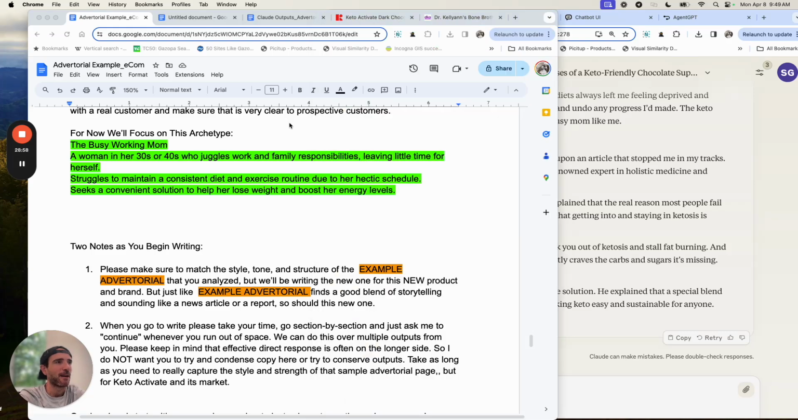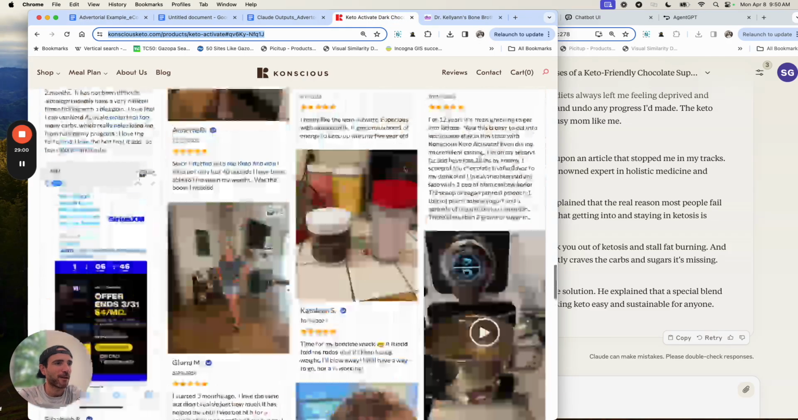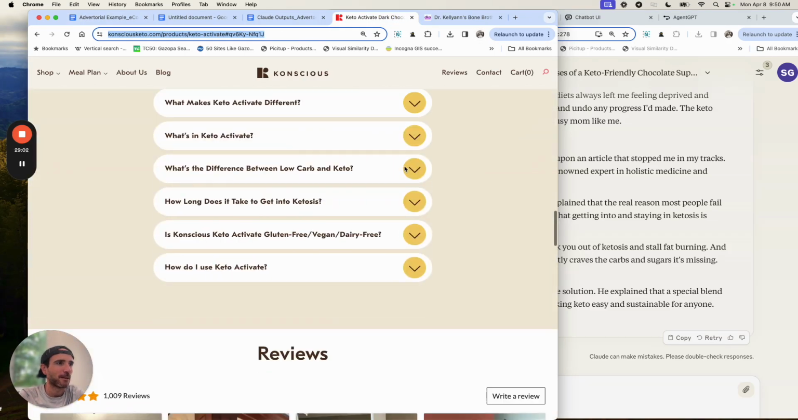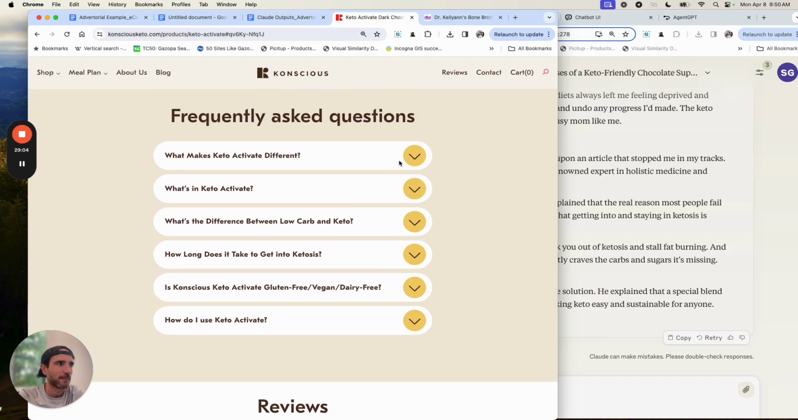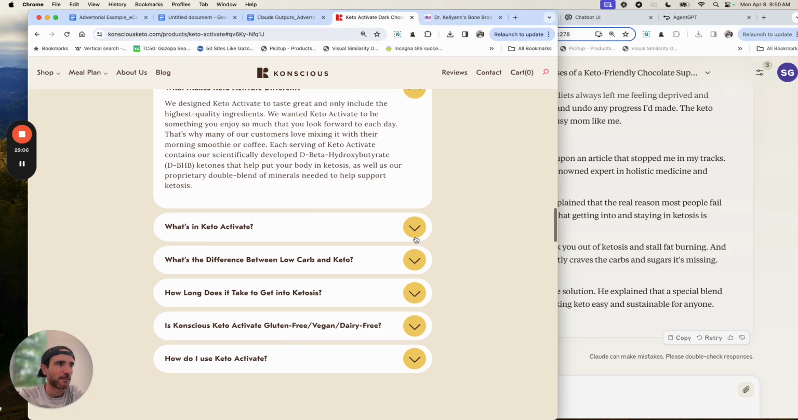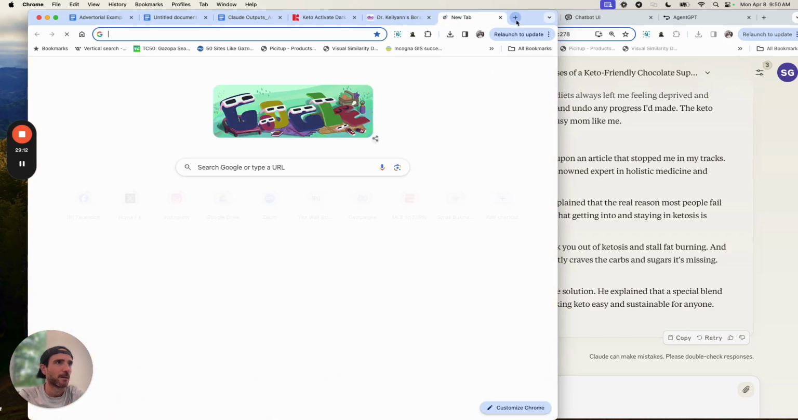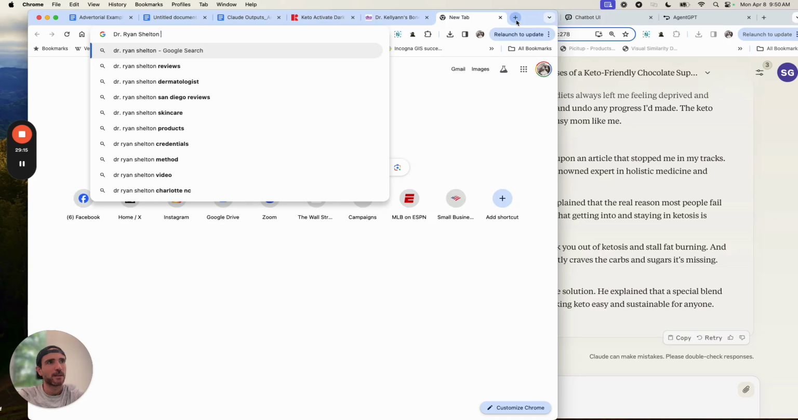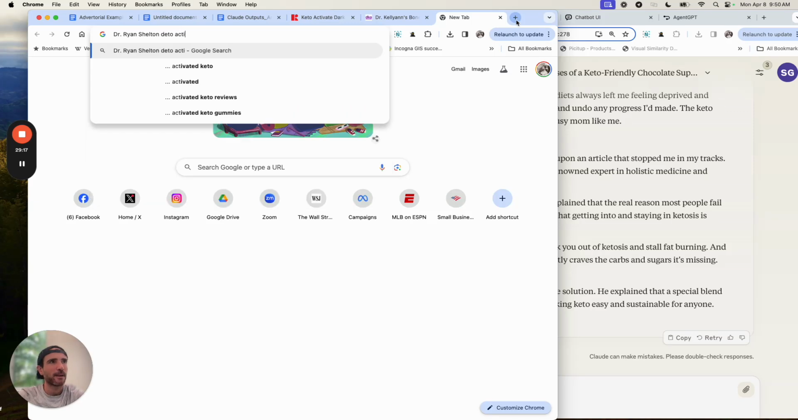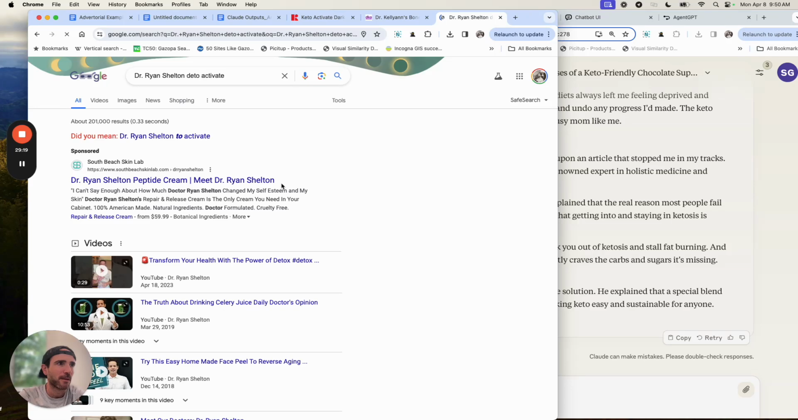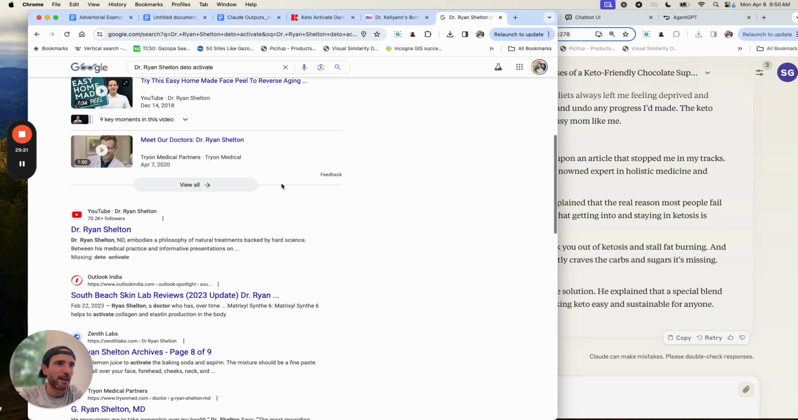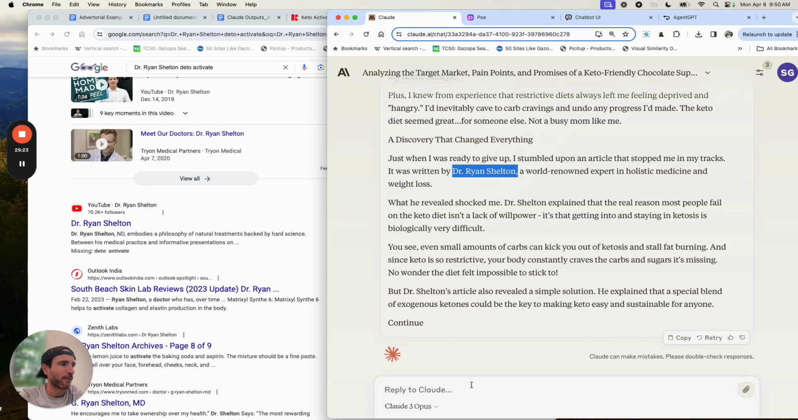Now, I want to check on Ryan Shelton real quick. Was he on this page or another page? Let's look real quick. Dr. Ryan Shelton, keto. Is he related to Keto Activate, or did they just make this up? No, Soft Beach Skin Lab. Right, no. So say,